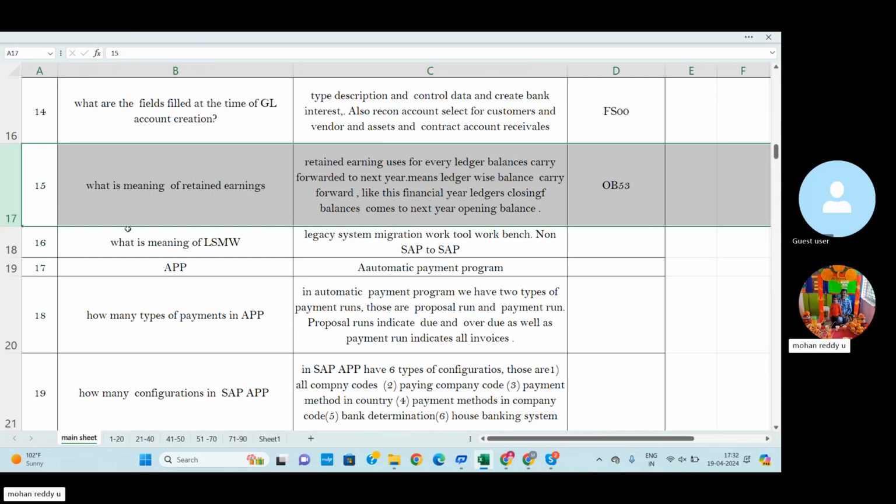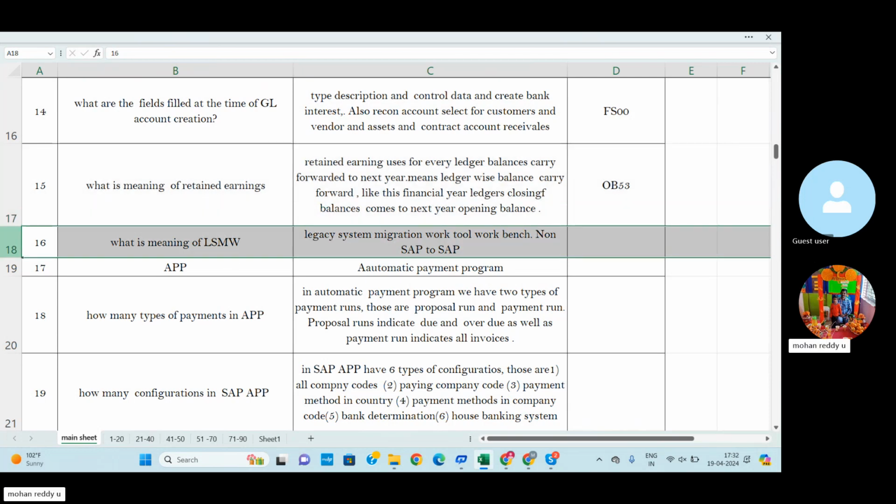Then, LSMW means Legacy System Migration Workbench, non-SAP to SAP. This is also one of the important questions in SAP FICO.